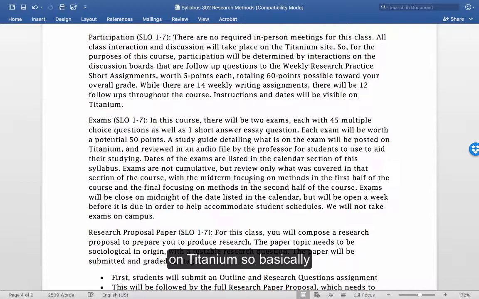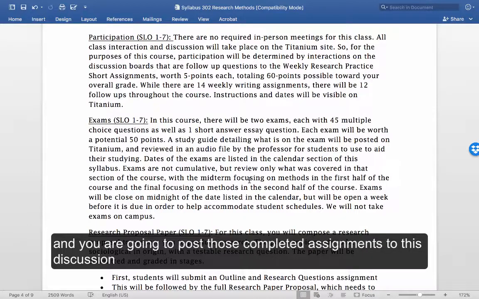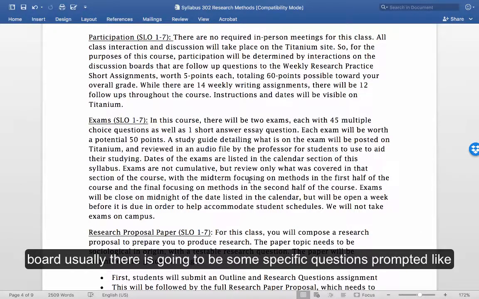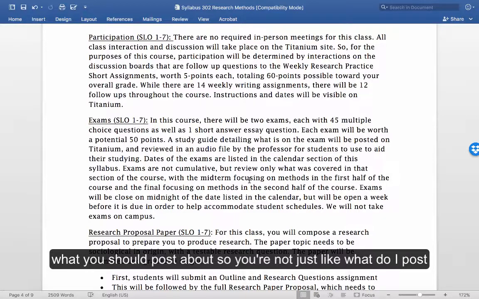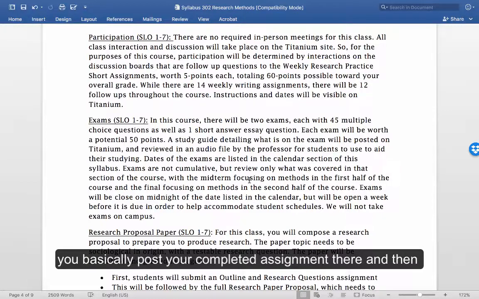So basically, we have those weekly research practice short assignments, and you're going to post those completed assignments to this discussion board. Usually there's going to be some specific question prompted, like what you should post about. So you're not just like, what do I post? There will be instructions, you'll see. But anyway, you basically post your completed assignment there, and then